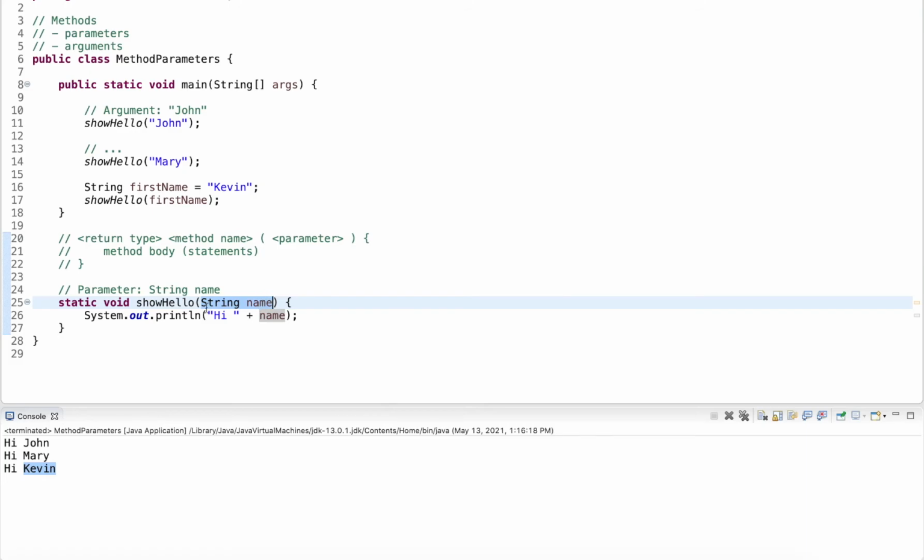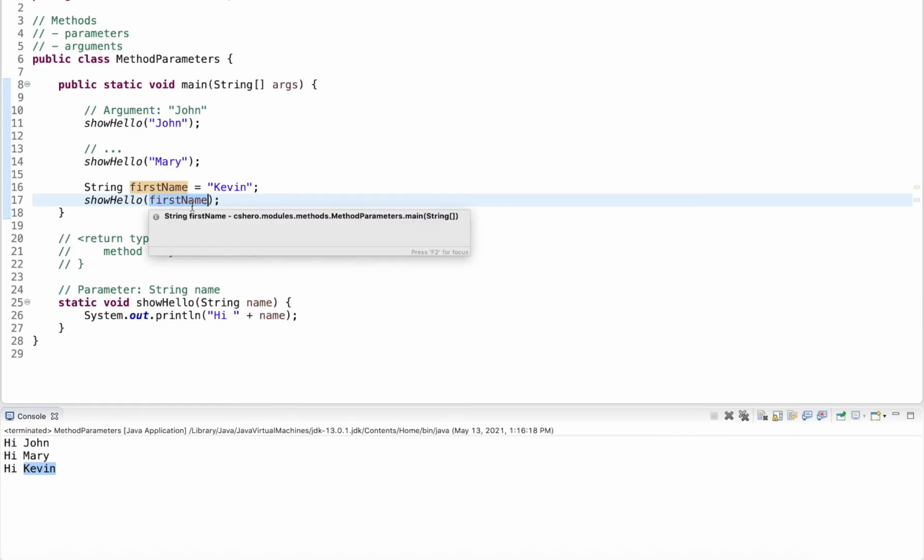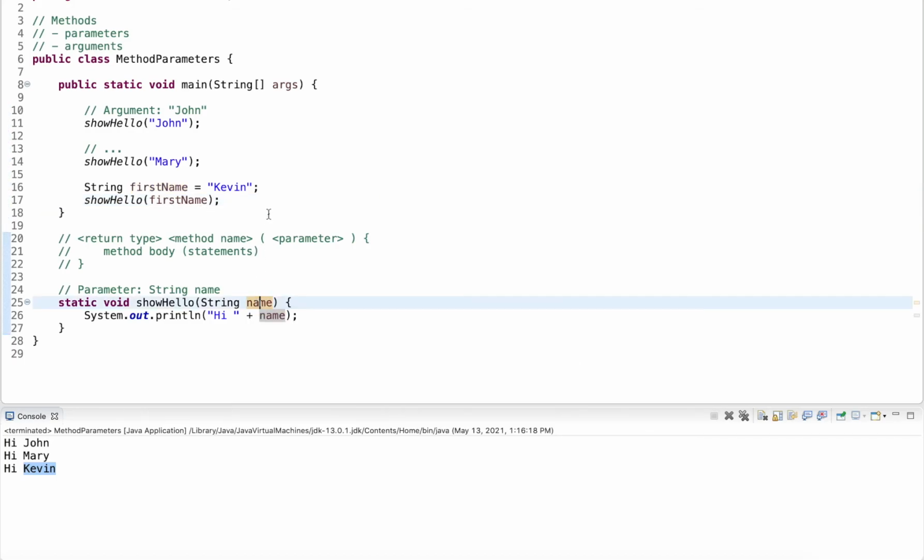So this name variable only exists inside this method. If I have a name variable up here and I declare it, it's completely separate. So even if they are named the same, they are separate variables. If they are not named the same, that's completely fine. We really just take the value and pass the value over.